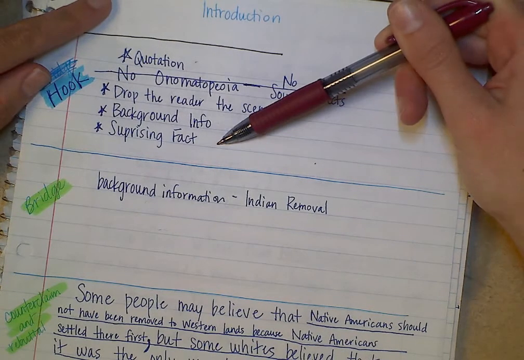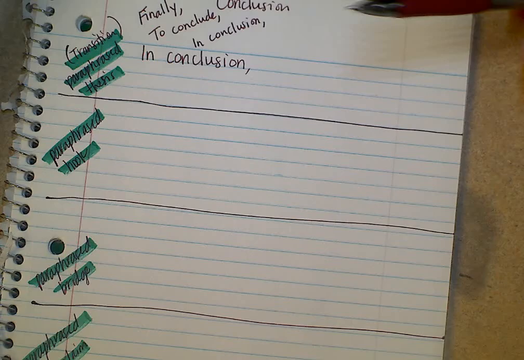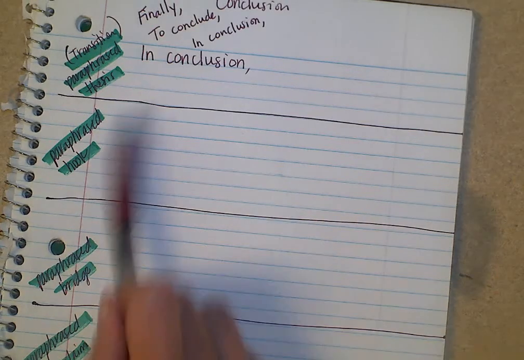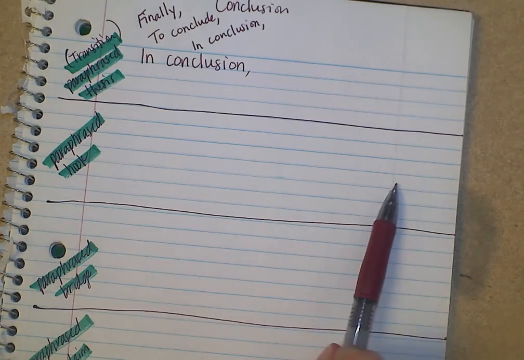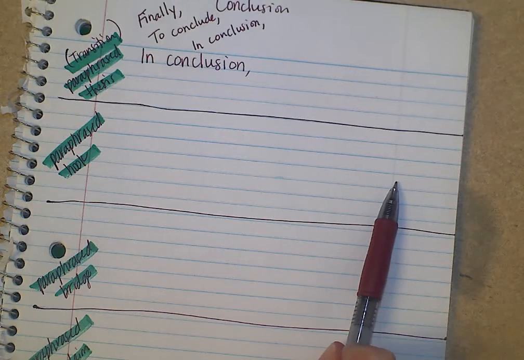Okay, the next thing is a paraphrased bridge. That background information that you used on the Indian Removal Act, or we talked about how you could use Trail of Tears background information, you're going to come back to that and paraphrase your bridge. Your bridge is found in your introduction. You're going to use the same idea from your bridge, using different words, and place it right here.